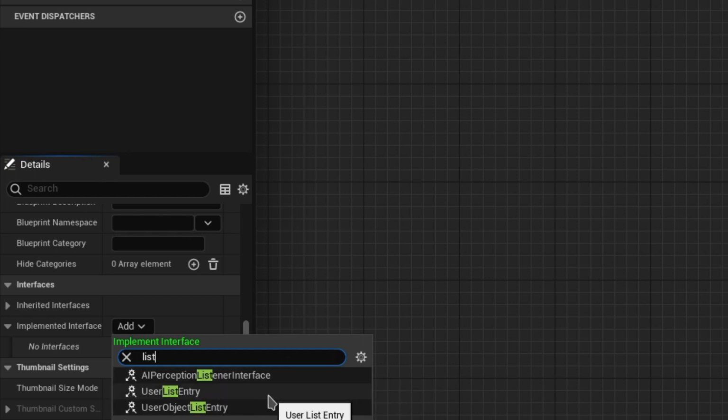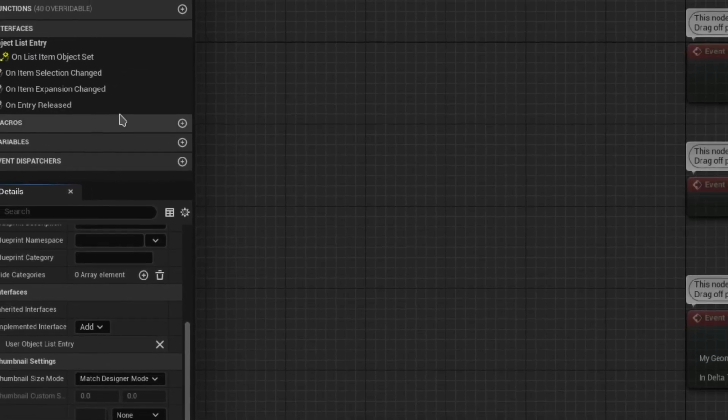The reason is that tile view is inherited from list, so a lot of things in the tile view are based on the list. So you need to inherit user object list entry. The other one you can also use, but I don't think it's very useful. Anyway, I need to do this based on the object, and hopefully I will explain later